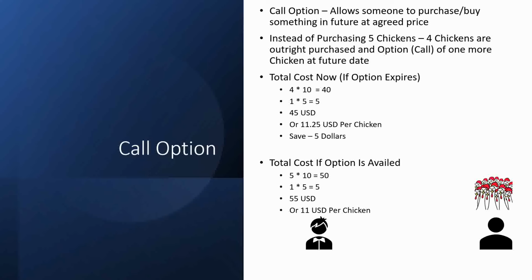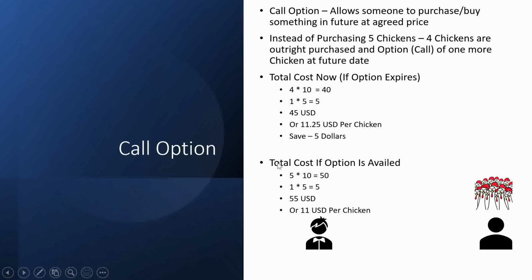Now this saves me from two things. One, the uncertainty of whether somebody will show up or not, and second, if on the day of Christmas there are other people who weren't certain whether they will need chicken or not, prices can actually spike. But because the agreement between me and Mr. Larry was that he will have to sell me the chicken at $10, I get it at $10.